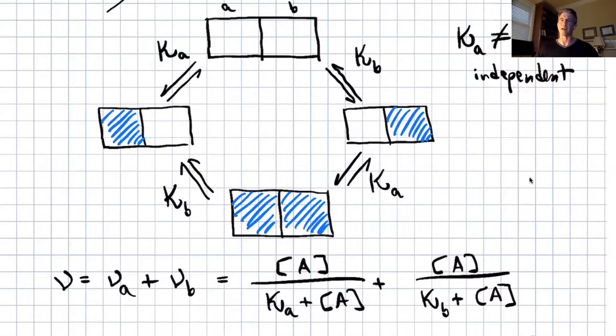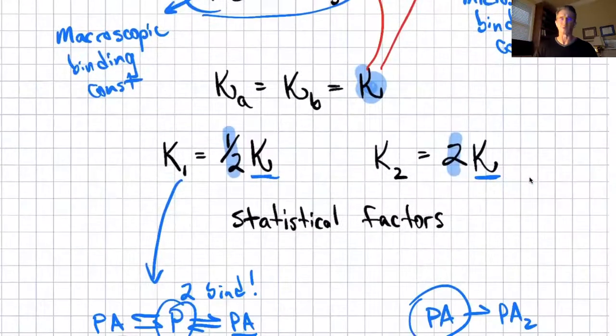And early in the binding process, those statistical factors make the true single site affinity appear tighter because there are more of them. And as you fill it, those macroscopic binding constants relative to that microscopic affinity would then appear to get weaker because of the statistical aspect we just talked about. Okay,